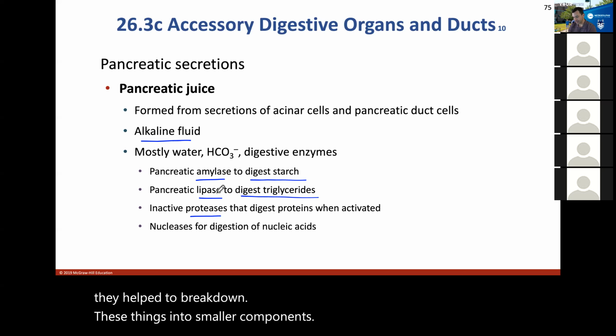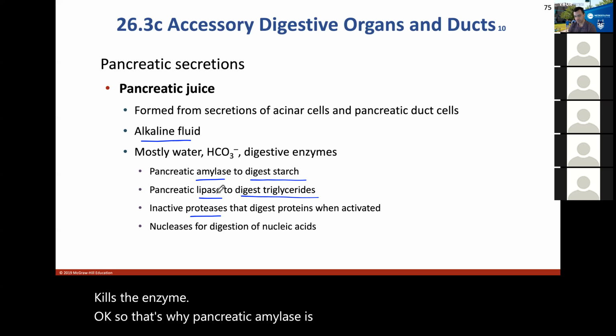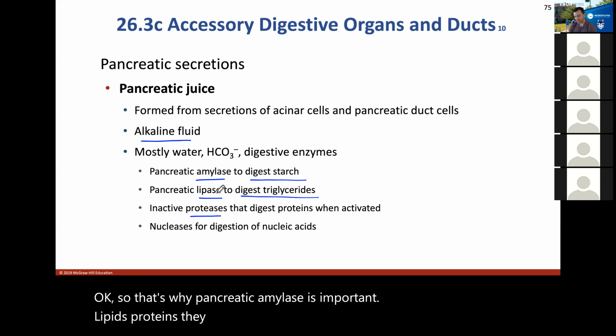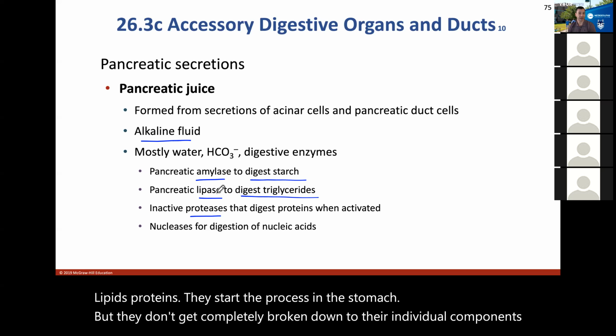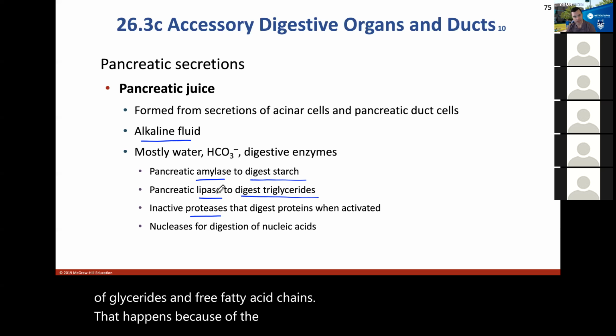Carbohydrate digestion ceases within the stomach. It's too acidic and kills the enzyme. So that's why pancreatic amylase is important. Lipids and proteins start the process in the stomach, but they don't get completely broken down to their individual components of glyceride and free fatty acid chains. That happens because of the pancreatic lipase and the pancreatic proteases